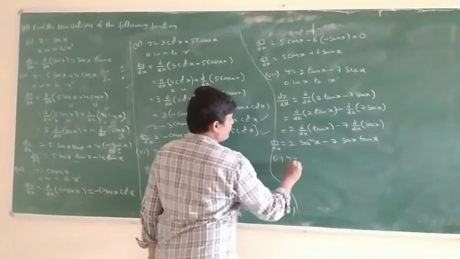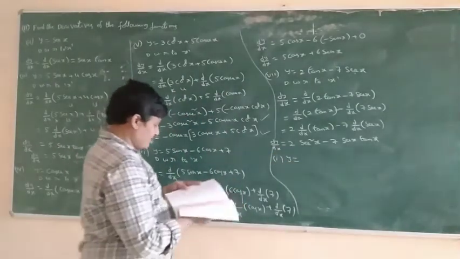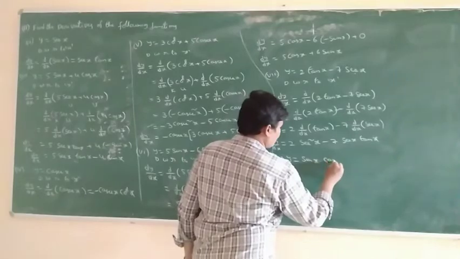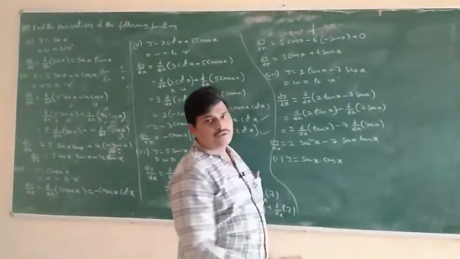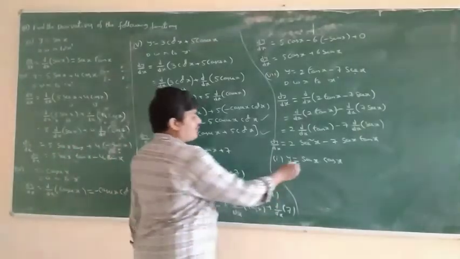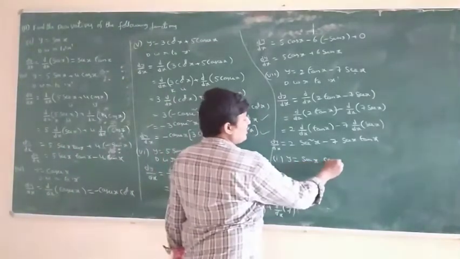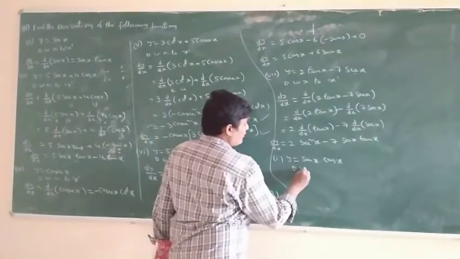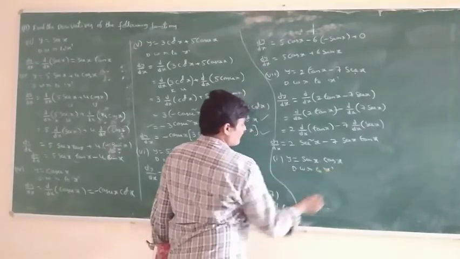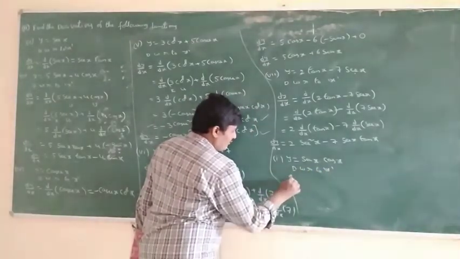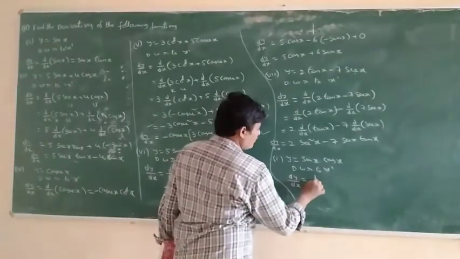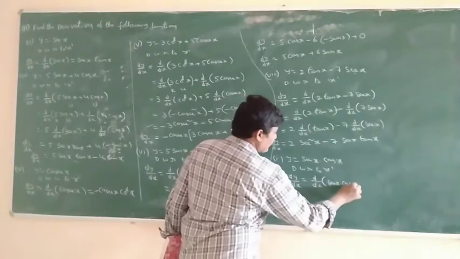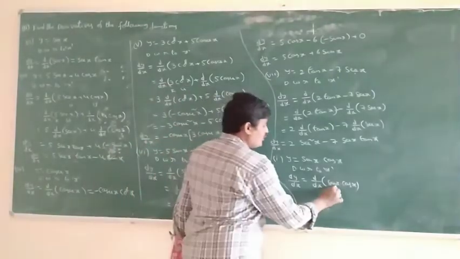Next, first one. y is equal to sin x into cos x. Two functions, f of x into g of x, or the u into v formula. What is the derivative of u into v formula? So derivative with respect to x, dy by dx is equal to d by dx of sin x into cos x. So this is the u into v formula.